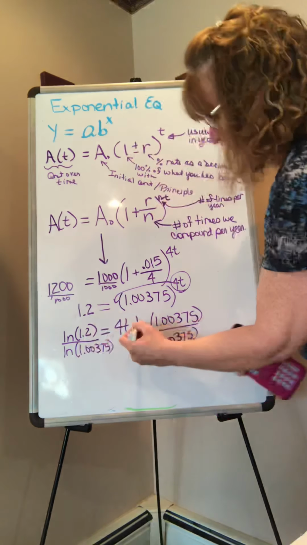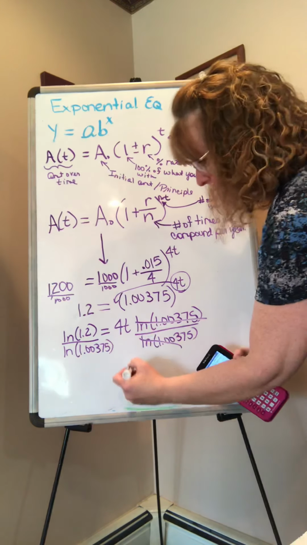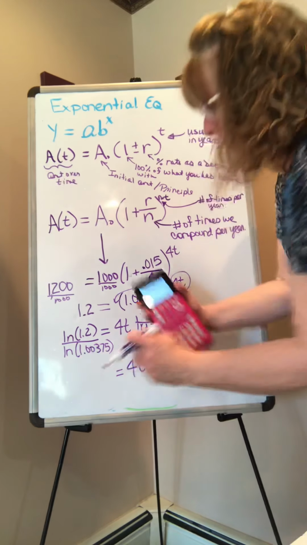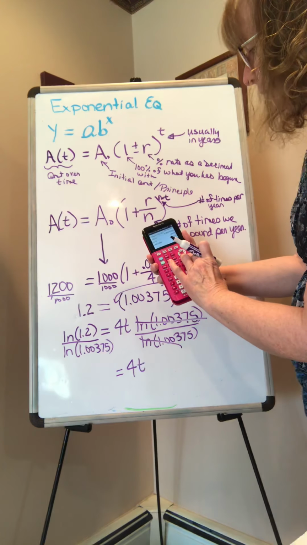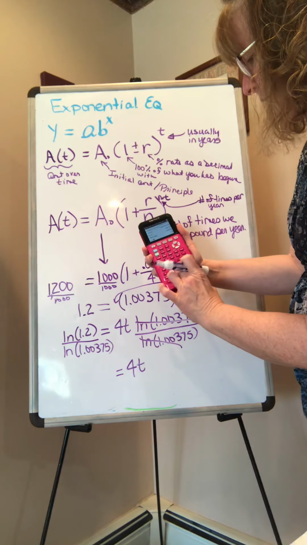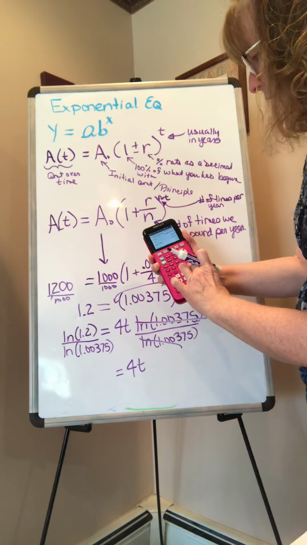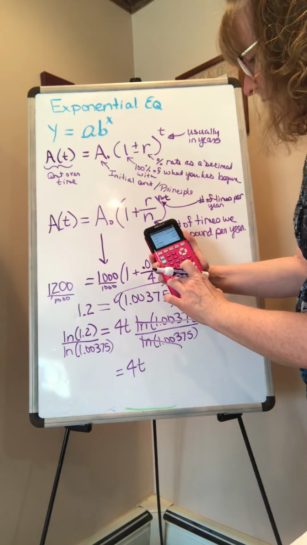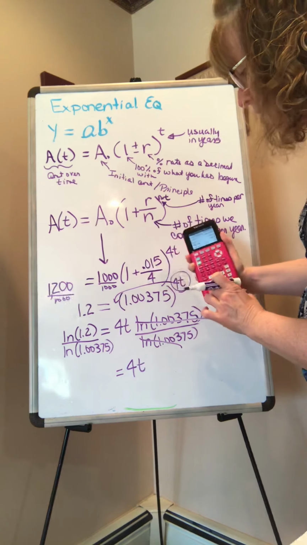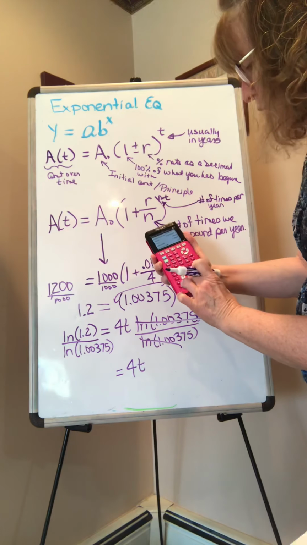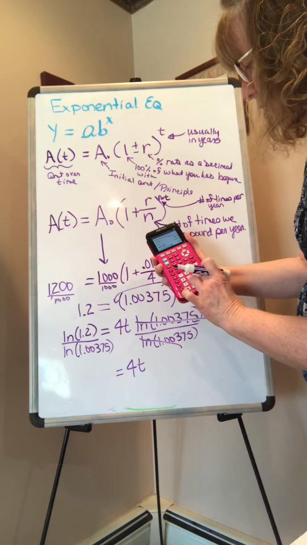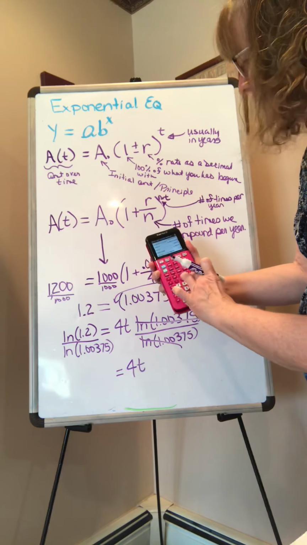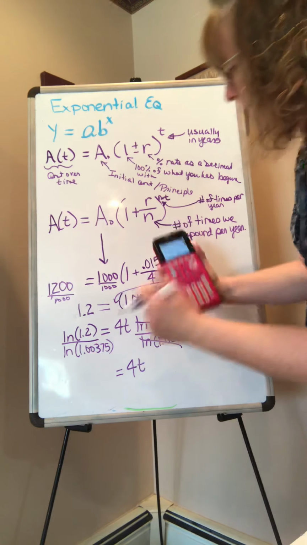So now I'm going to type in natural log of 1.2, and I'm going to divide it by the natural log of 1.00375, and I get